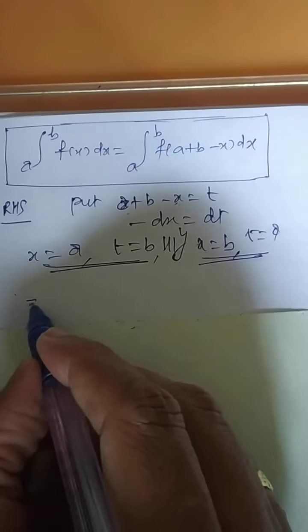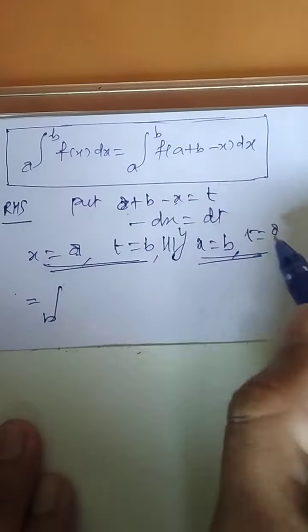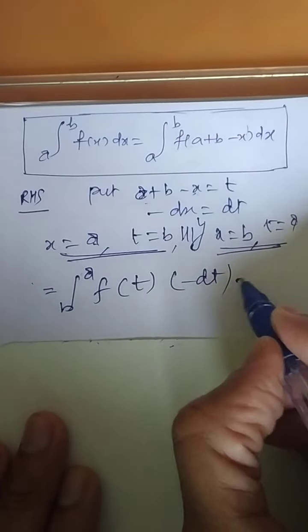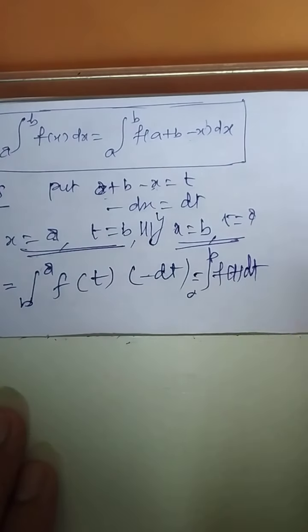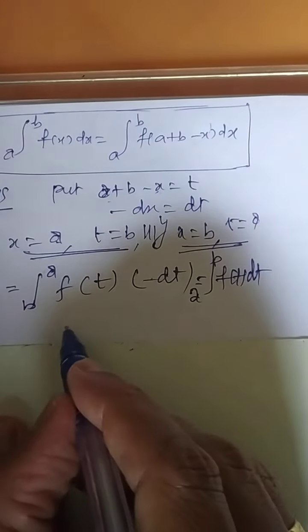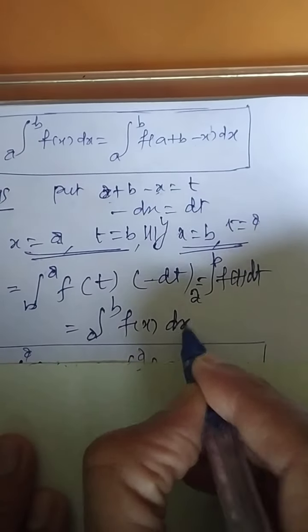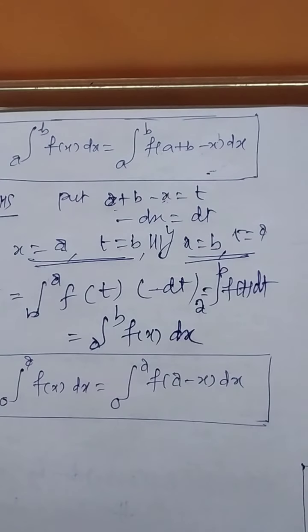So the right hand side will be, a becomes b, so I am writing b on top, and over here it is a. F will be f, this expression will be now t, and dx value is nothing but minus dt. But you know this minus can be changed here. So it will be integral a to b f(t) dt. You can change. But this is the change of limit we have used. Now we have learned change of variable also. Integral a to b f of x dx, change of limit. So I think this property we have used and solved the question. So the meaning is like this.